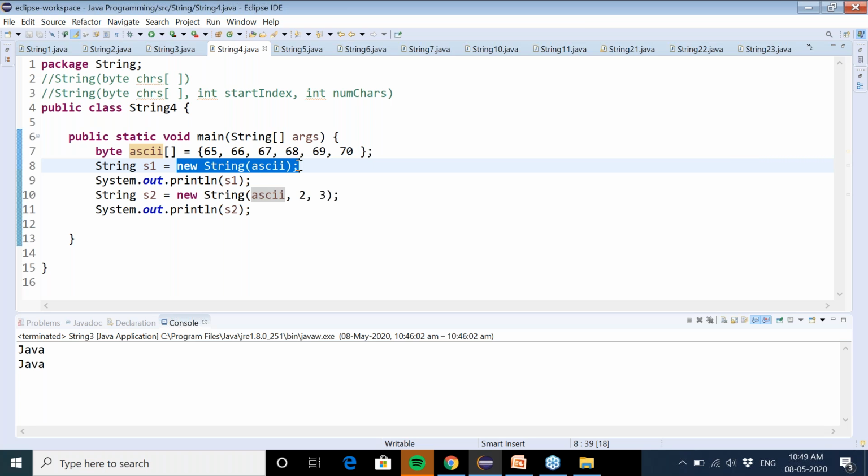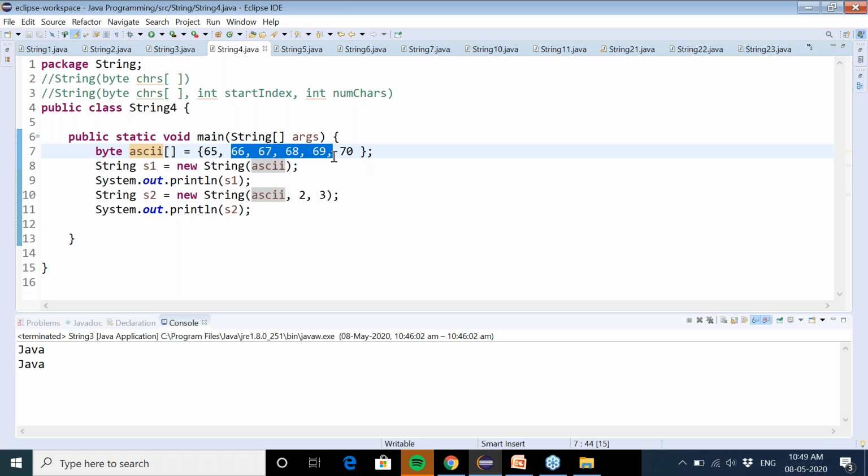And the next constructor that is supported is that you can build a string out of some part of the byte type array. Let's say from these 4 characters we want to build a string. Again, just like the character type array, you have to specify the start index and the number of characters. So if you want to build the string from here, then the starting index will be 1 and the number of characters will be 4.